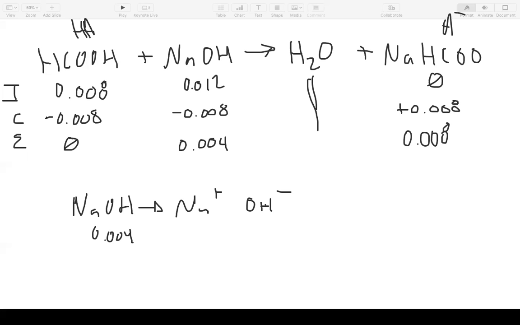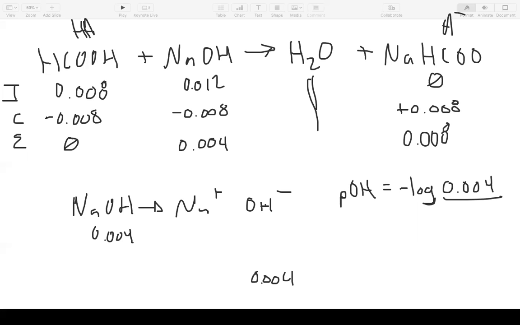Once we reach equilibrium, we're going to have 0.004 of our OH. And since we know our concentration of our hydroxide, we can now solve for pOH. So negative log 0.004